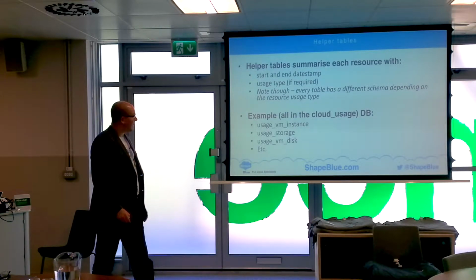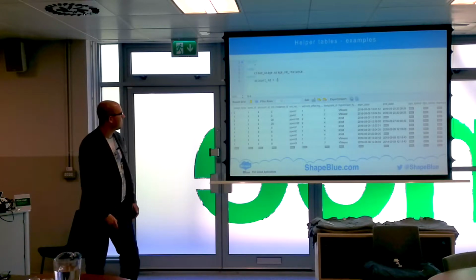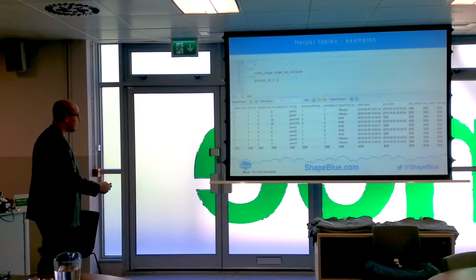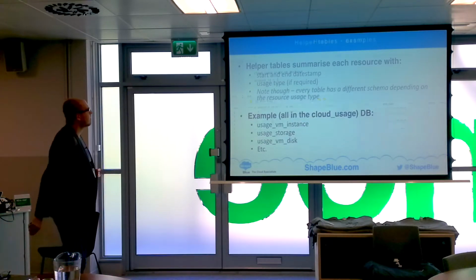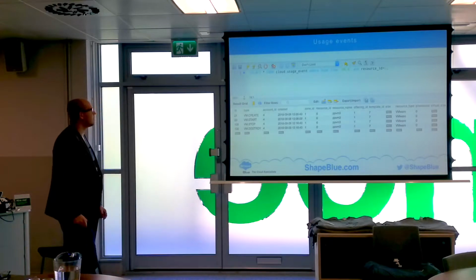If we start looking at these tables, sorry, might be running out of battery here. Anyway, so if we start looking at these helper tables,